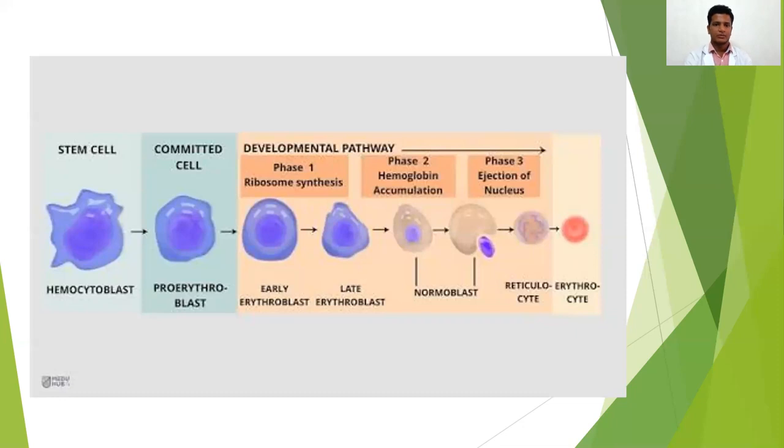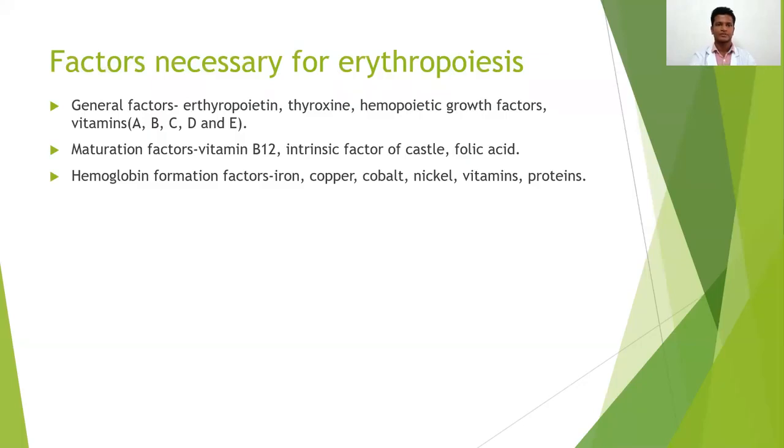This is a diagrammatic representation of erythropoiesis. The hemocytoblast is converted into proerythroblast. The proerythroblast is converted into early erythroblast, which is converted into late erythroblast, followed by normoblast, reticulocyte, and finally the erythrocyte is formed. Factors necessary for